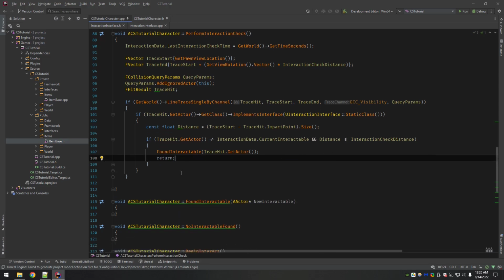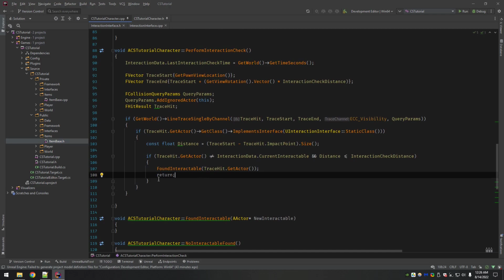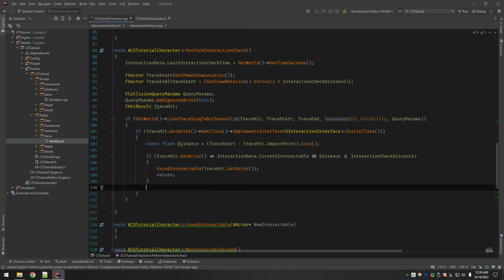We're then going to return, because after this runs we don't have anything else to do, since we found one and we handled it.